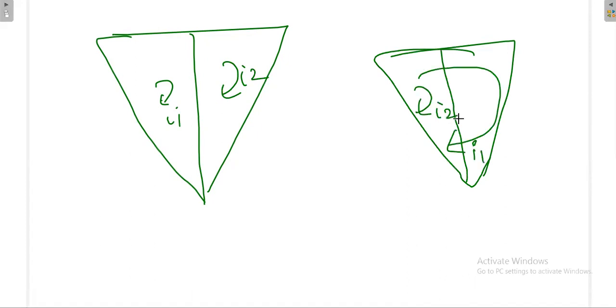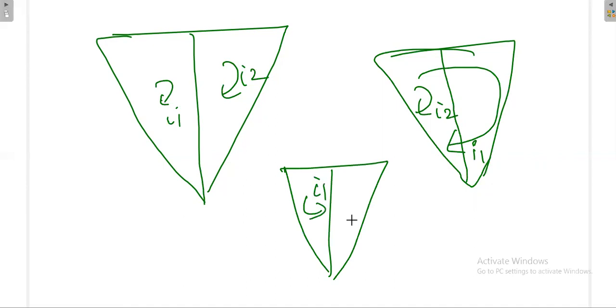So you can choose your loop currents in any manner you want. There are only two independent loops, but those two loop currents can be chosen in any manner. I can also choose I1 like this. These possibilities you will get when you take a different tree format. For a given question there are many tree formats. Once you take that tree format, the orientation will be different, and then you will get a different answer, but ultimately whatever you assume will give the relationship.